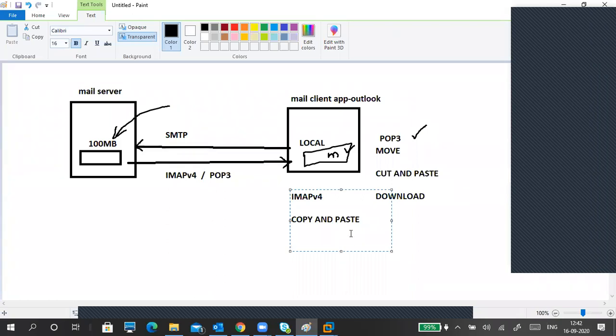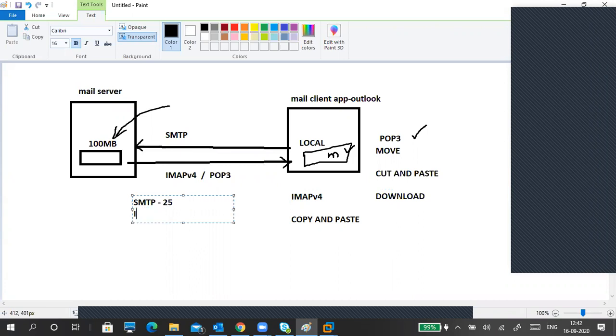Okay. Now we'll go with the protocol addresses. First of all, SMTP, what is the port number? Anybody? Port number is 25.